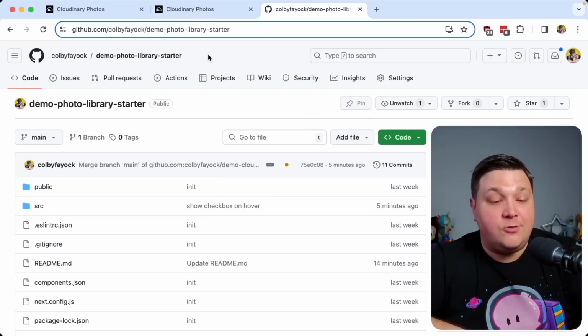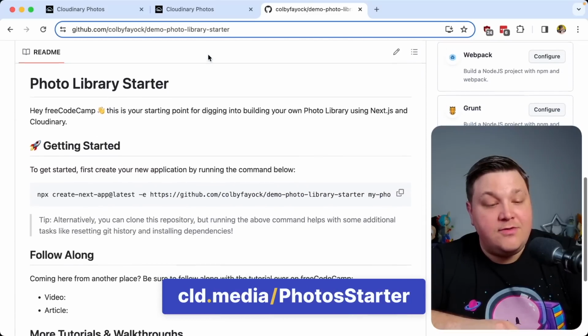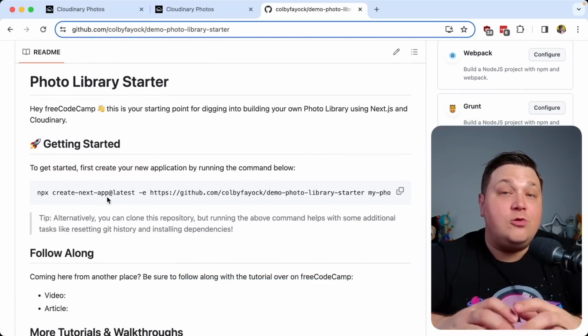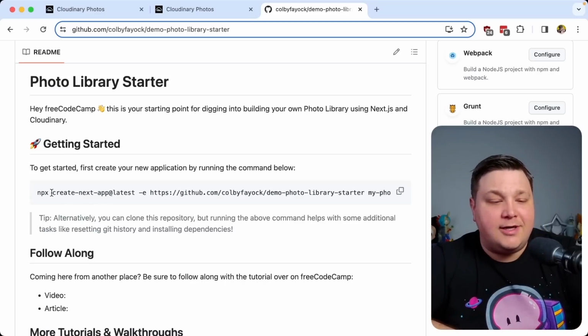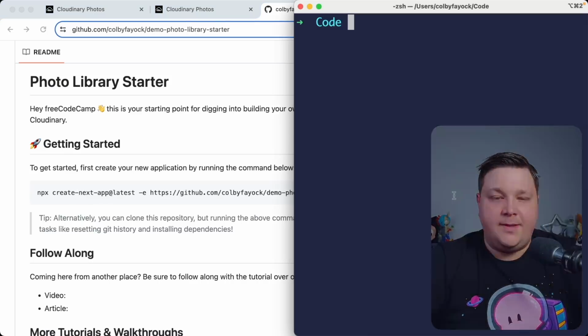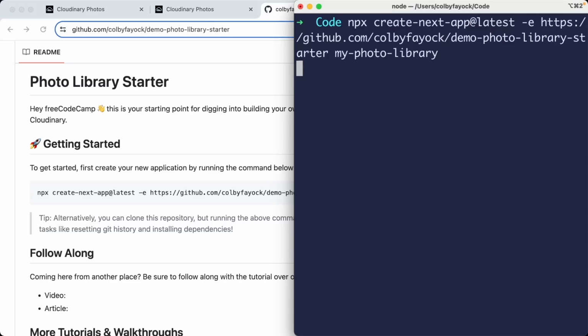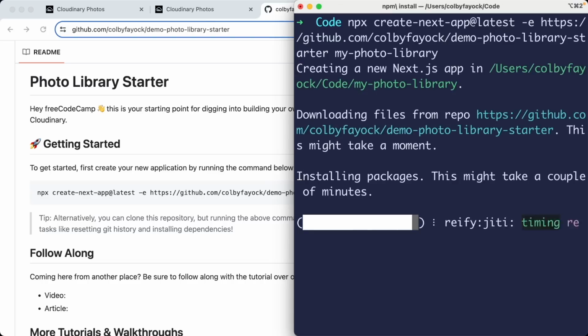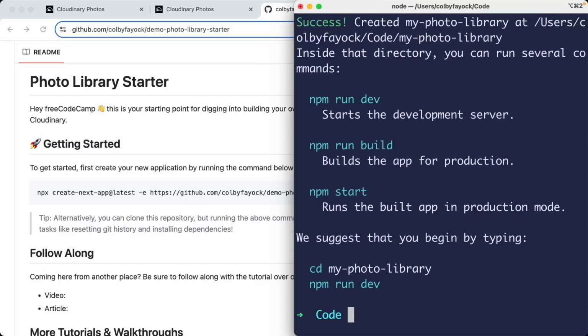Now, once we get started, we can scroll down and we can see we're going to run this command in order to get started. You can also clone this repo if you want, but I recommend running this create next app command, where I'm going to copy that to my clipboard. And I'm going to pull up my terminal and run this command, where we can see that what's going to happen is it's going to download that repository to my local environment. It's even going to install the dependencies and reset Git history, which is important for starting off with a new